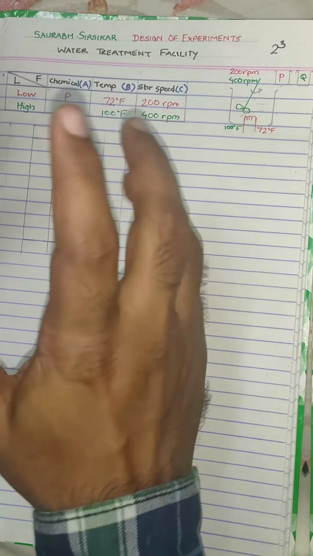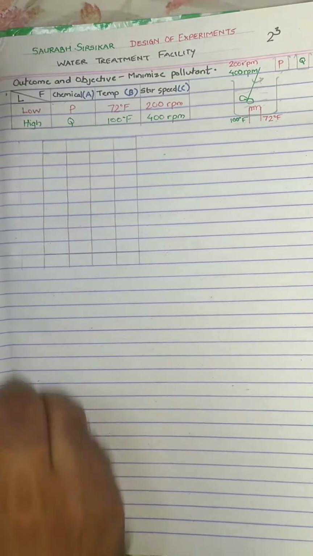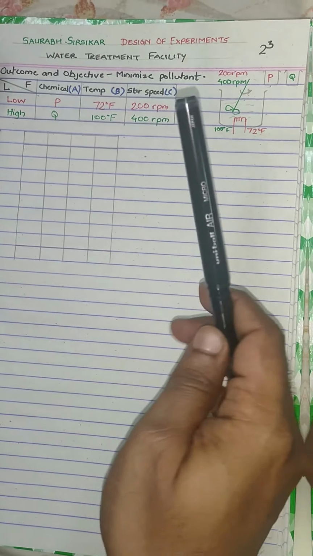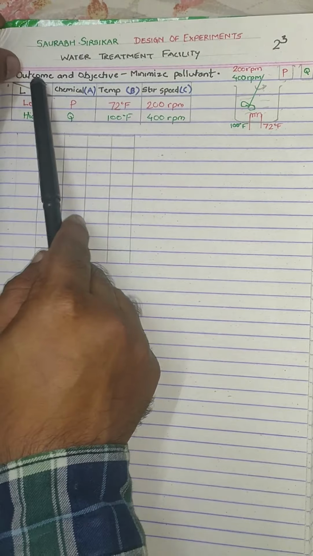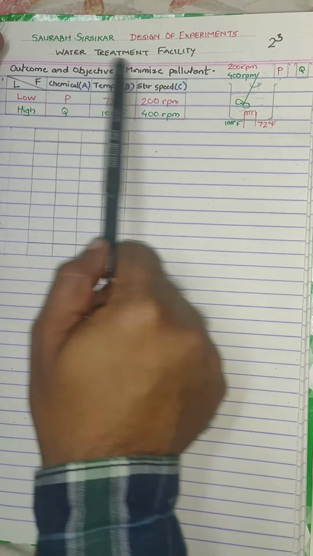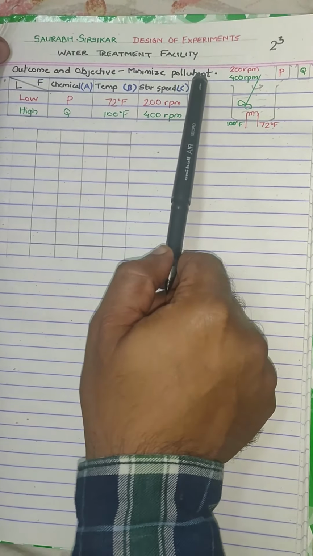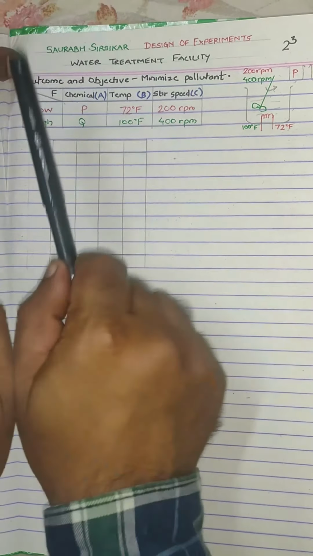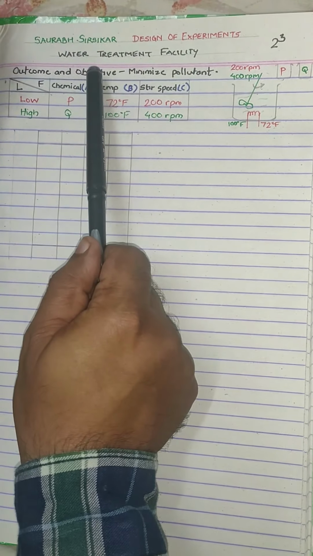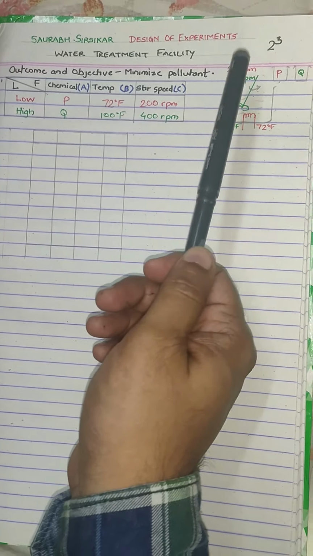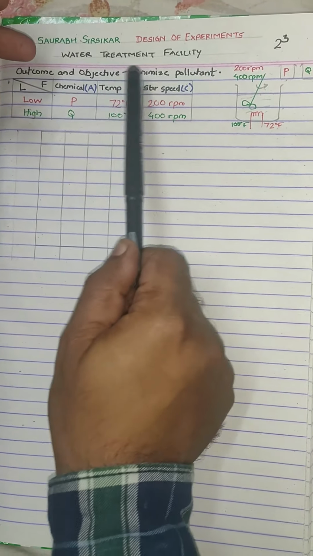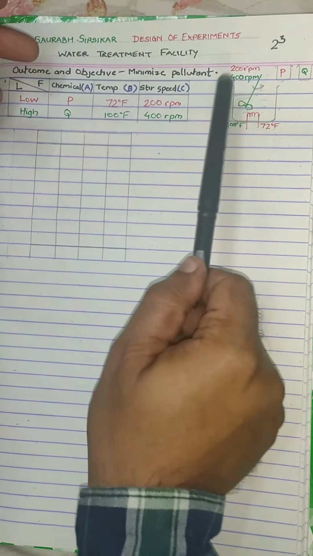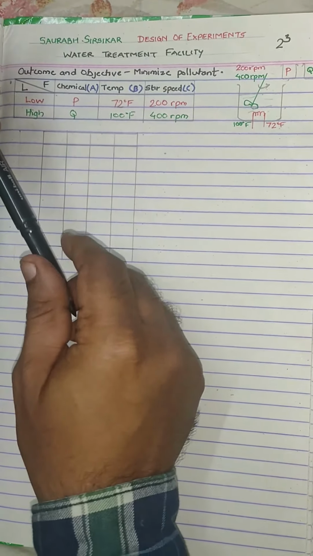So objective I will write here. In the systematic approach toward any experiment, we saw that the first step was to understand what we were going to measure as an outcome. So here we are going to measure the pollutant and the unit is going to be pounds of pollutant. Second step was to find the objective. So here our objective is that we want to find a combination of settings which will give us minimum pollutant in the water after treatment, right?